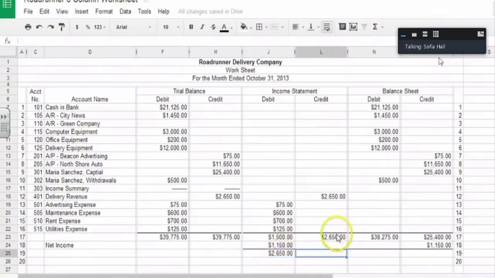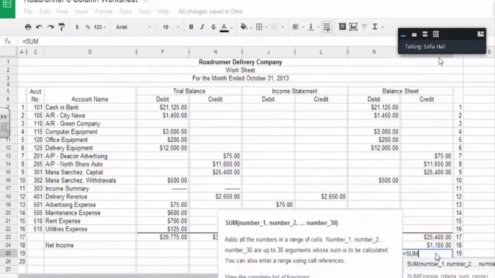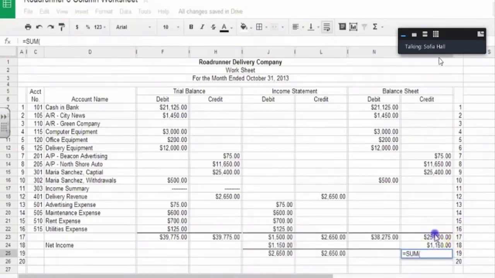That's our total up here in the credit column. So again, I'm just going to bring that number down. And we've got items that equal each other, right? Now let's try it over here on the balance sheet. If we take the sum of these two columns here, we've got 26,550, which does not equal what we have here. So we've got to go back and figure out, what's our problem here, okay?